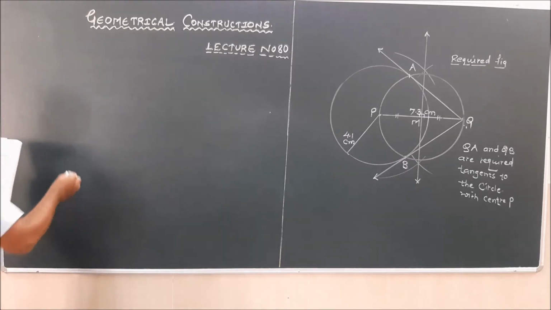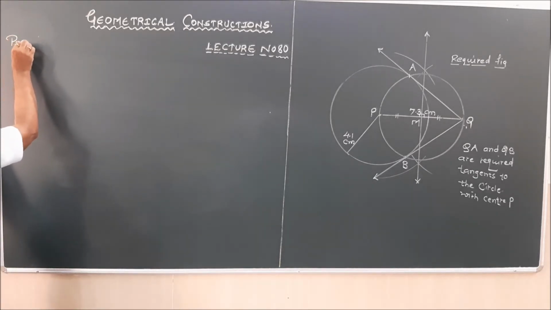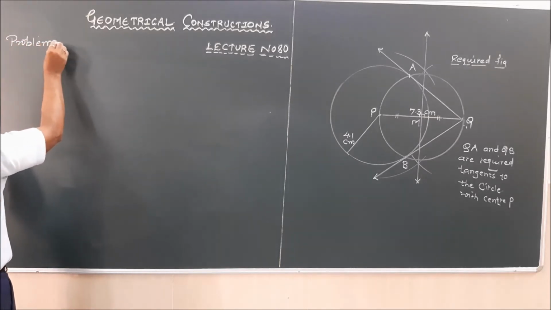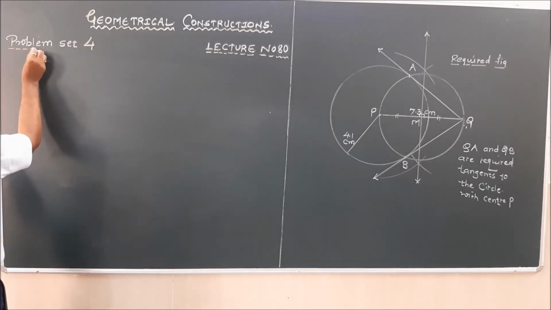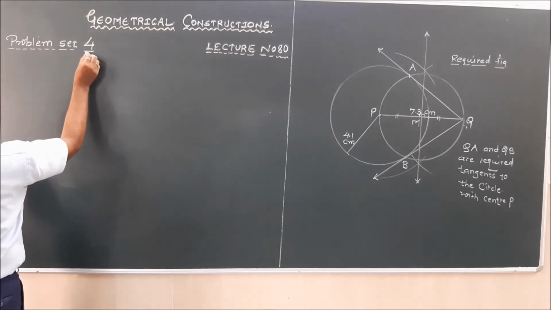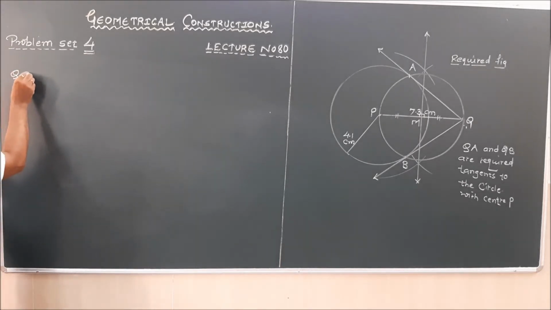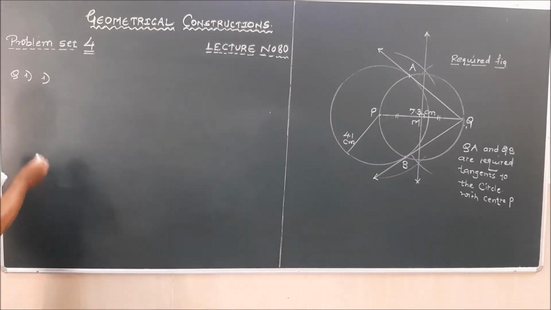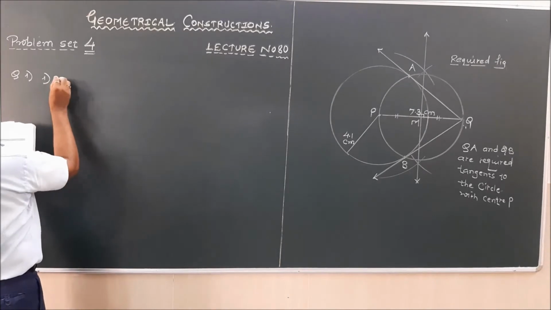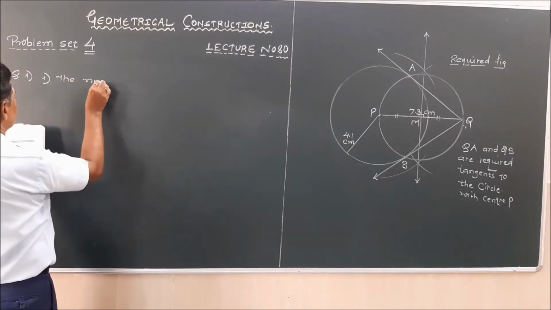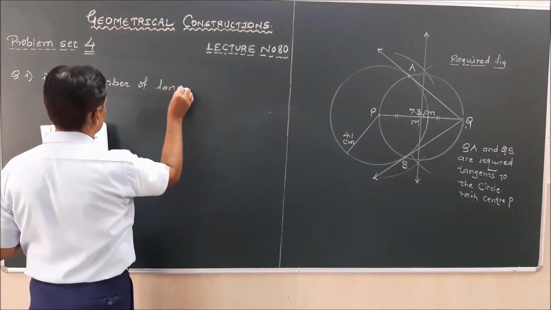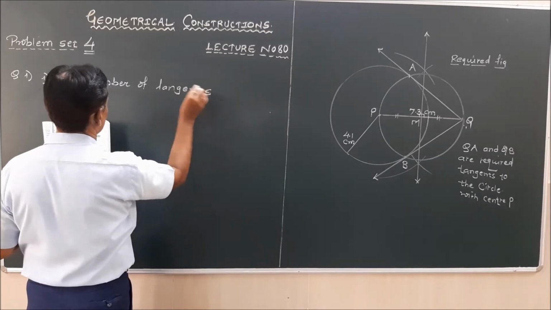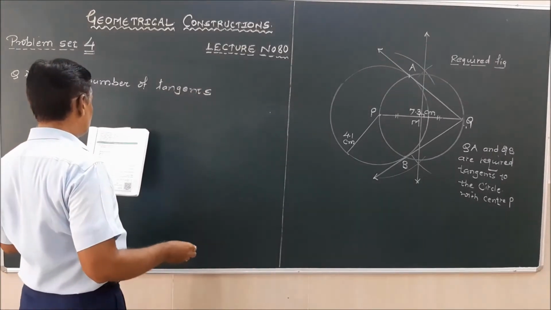Problem set 4. Question number 1, sub question 1. These all are MCQ type questions. So the first question is: the number of tangents that can be drawn to a circle